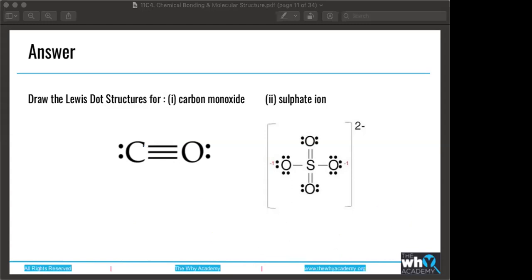Okay, so let's look at the sulfate ion. I told you this is the actual structure, but if you go exactly by the book, another way of figuring out the structure of sulfate was this one, right? Single bonds around this, and oxygen has all octets.